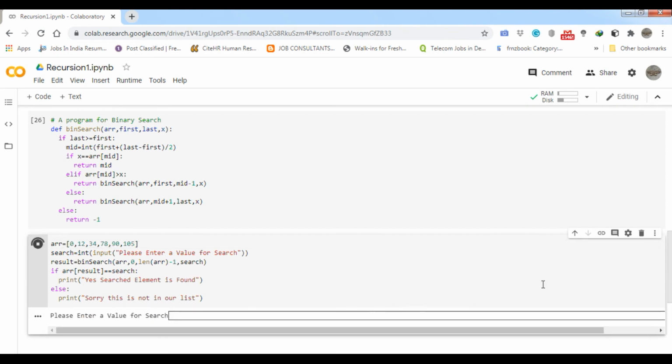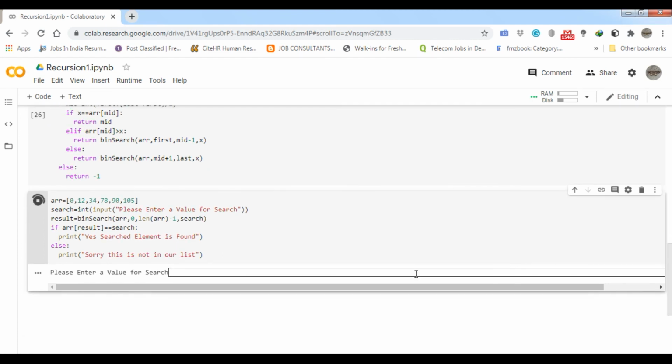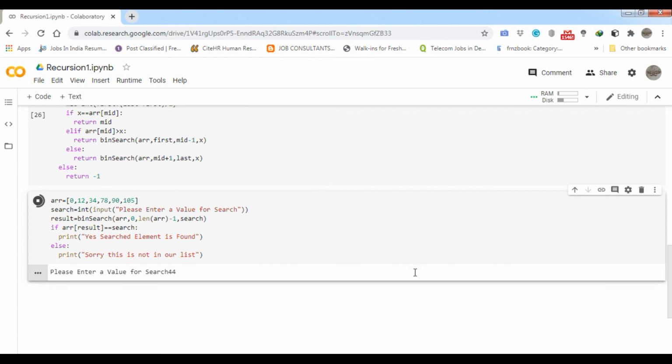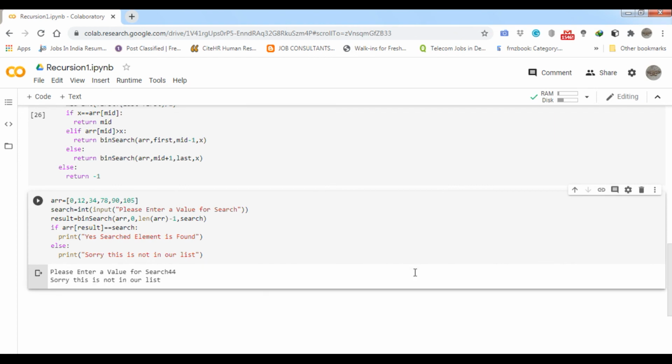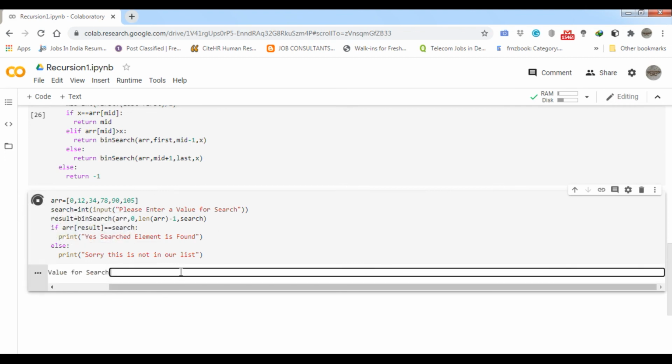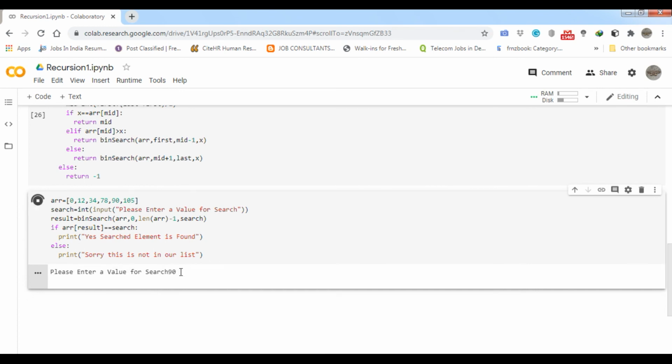First I will search an element which is not in our list, for example 44. It shows me sorry, this is not in our list. Now I search another element which is in our list, suppose 90. You can see yes, search element is found.